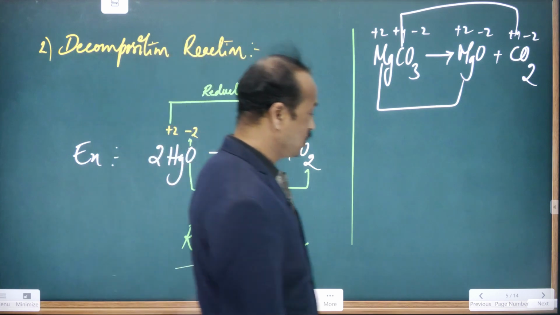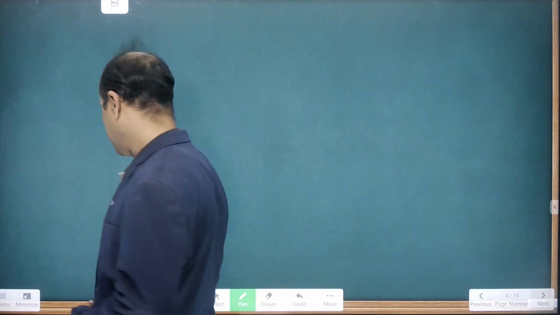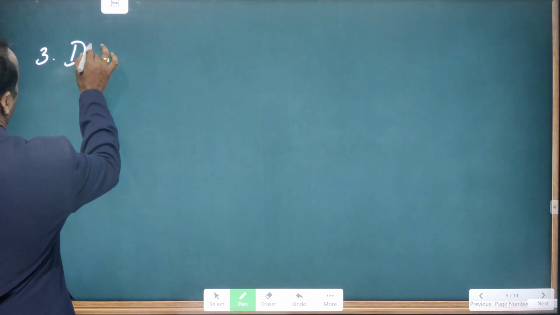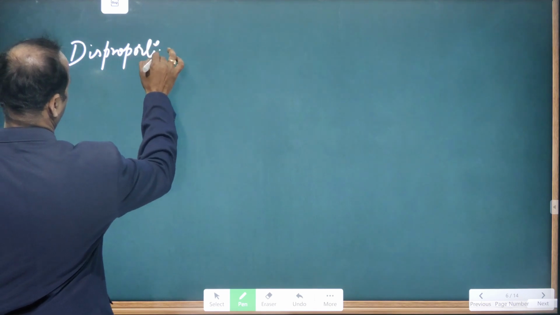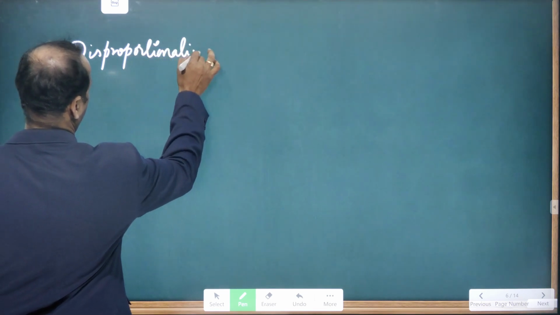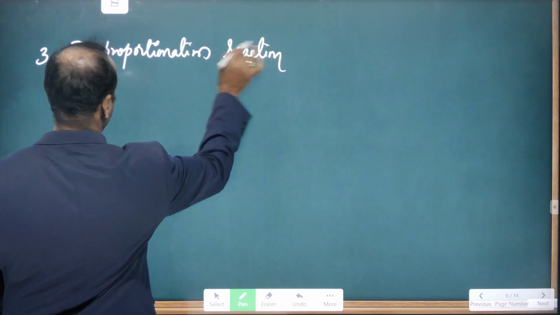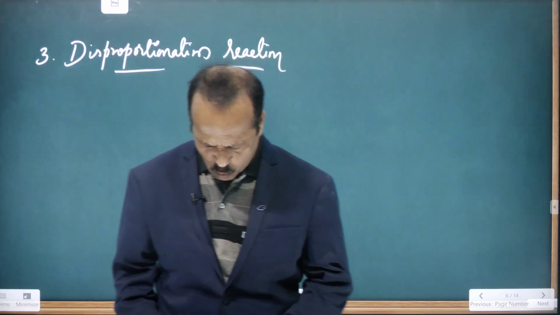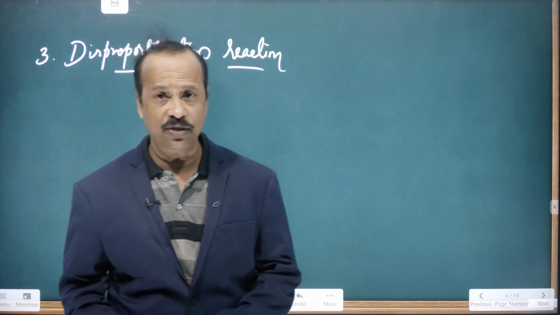Chalo. Let's go to the third type of reaction. What is the third type of reaction given in your material? Disproportionation reaction. So students, here is the disproportionation reaction. What is meant by the disproportionation reaction? In the disproportionation reaction,